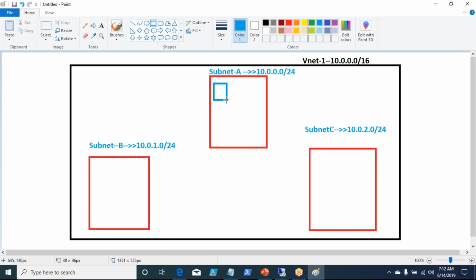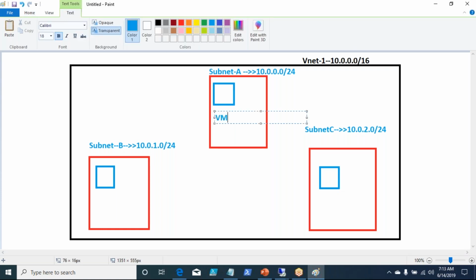Let us say that this is a firewall. This is a device which captures the traffic flowing between the networks. This is an appliance that you have in subnet A. You have another appliance in subnet B, which is nothing but another virtual machine here. Let us think so, and another virtual machine. Let us name this VM1, this VM2, and this VM3.